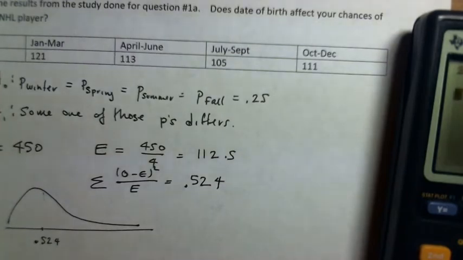The critical value for this, where n is equal to 3, there are 3 degrees of freedom. Go to my chi-square table, sorry about this. With 3 degrees of freedom,